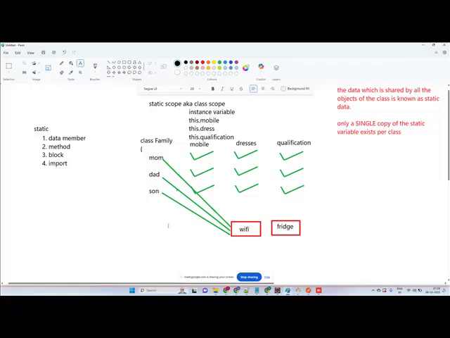So now you will not access mom. Will you say mom.Wi-Fi, dad.Wi-Fi, or son.Wi-Fi? So Wi-Fi will belong to the family. So you will access family.Wi-Fi. So static data will be accessed with the class name because it doesn't belong to any individual object. Okay. So if I'm writing it inside the class, I will write this.mobile,